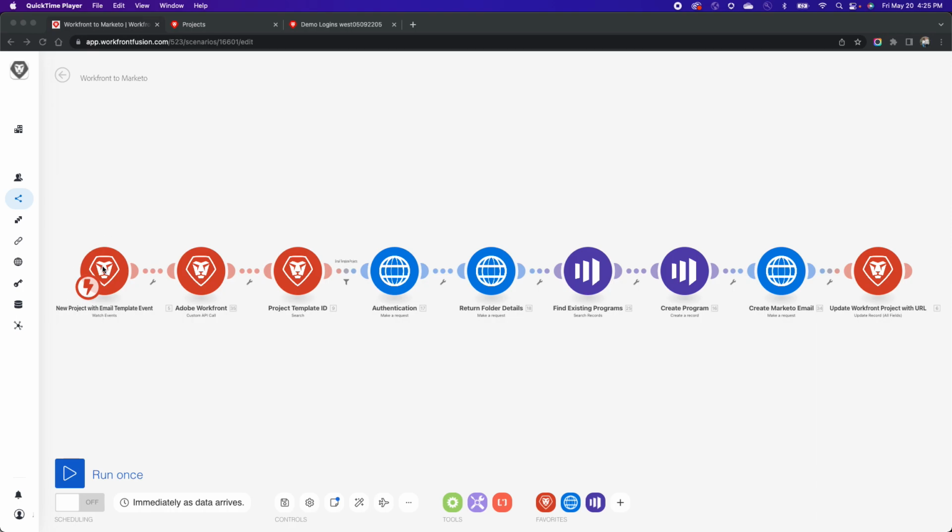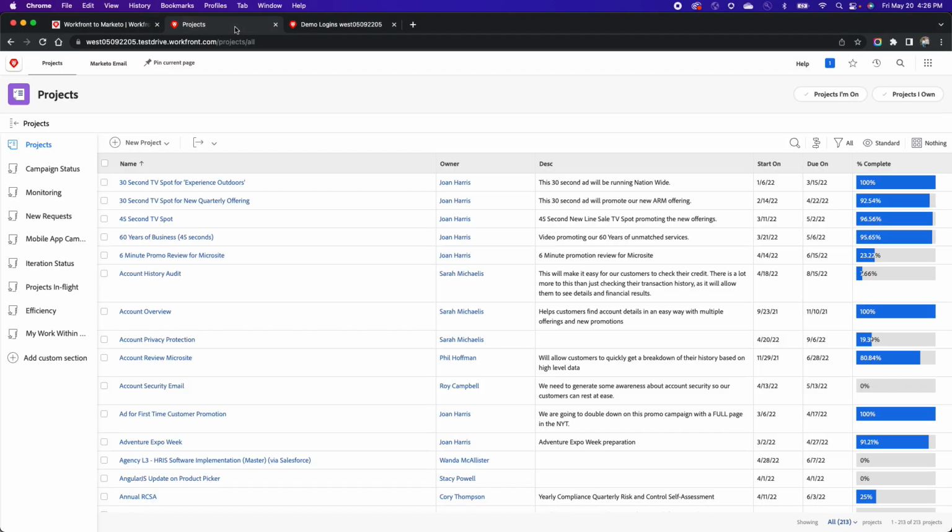So Fusion recognizes this. It takes a few informational pieces, creates or finds an existing program, and then creates an email campaign and then updates all of that information back to Workfront. Now included in there is the email template that we can push through a digital review and approval process through Workfront Proof. Jumping into Workfront to show what this integration looks like, we'll go ahead and create a brand new